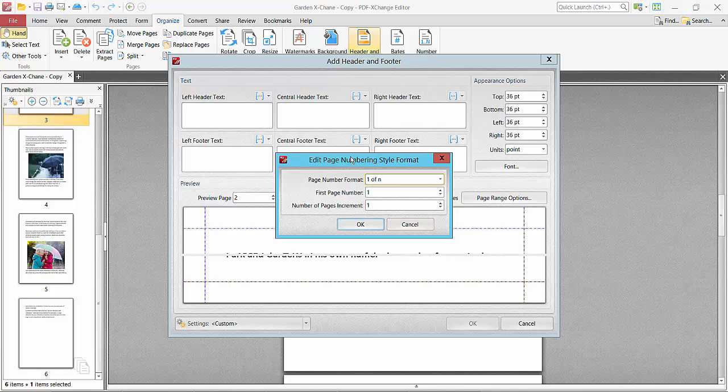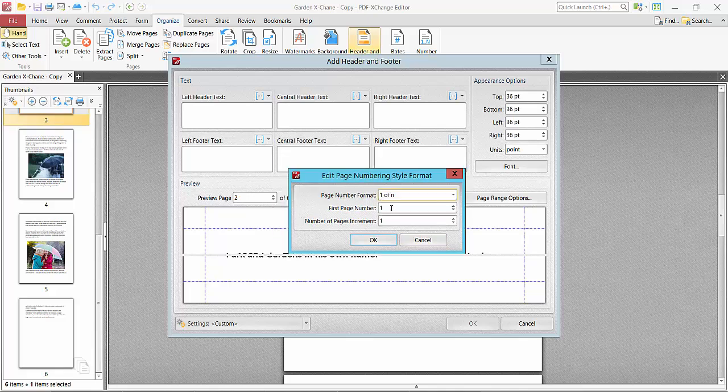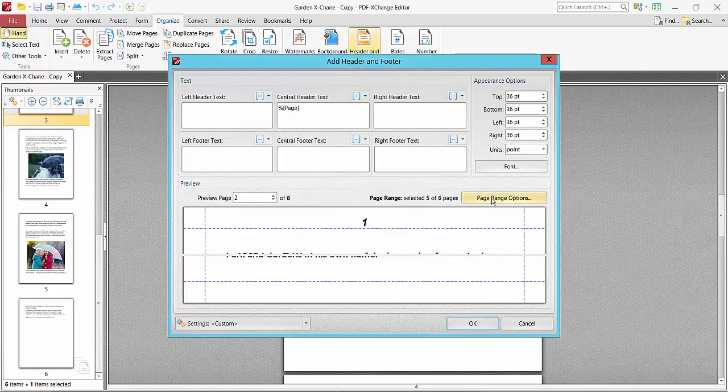and you can start from page number 2 and so on, and select an increment on and style and choose only number. Now select OK and this is page range option,